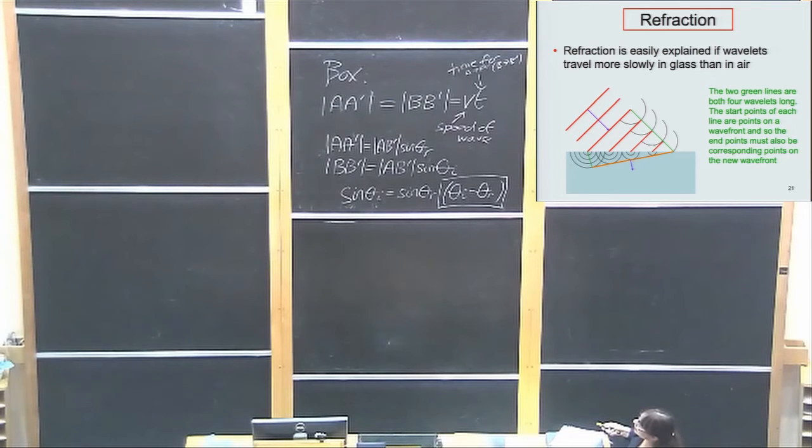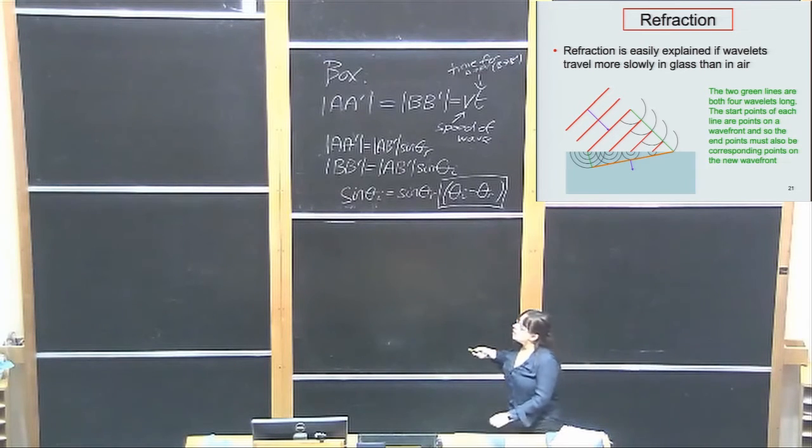So what you see is that, let's concentrate on this third one from the top. This one's about to hit this denser medium, and as soon as it does, it starts generating wavelets. The other end of that same wavefront is also generating its wavelets. But the space between these wavelets is bigger because the wave can travel faster in air than it can in